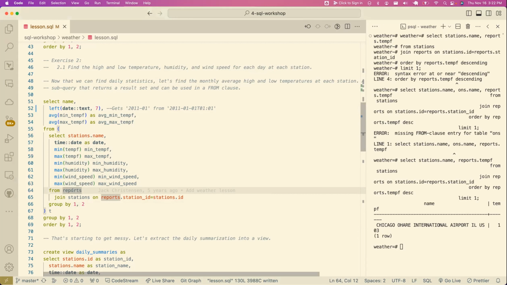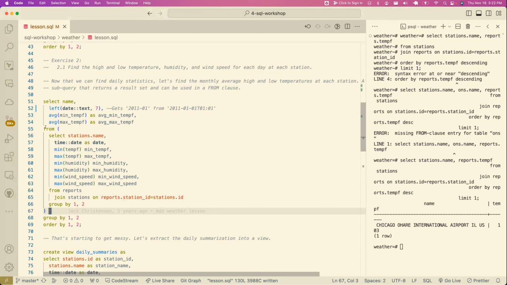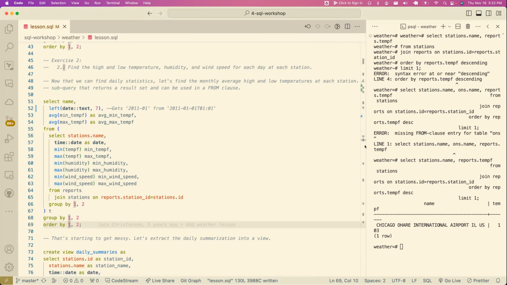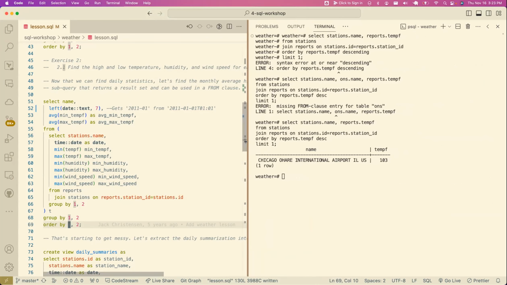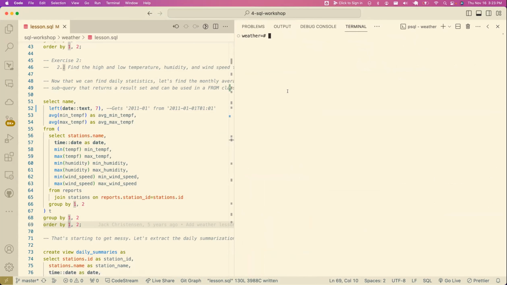And we're doing this from reports, and then we do our join. And here, this, I believe, is an alias, just this little T. So I think once we do this nested query, it needs to be given an alias. And then we again do the grouping and the ordering by what we care about. And let me go ahead and just type this out. And I would recommend that you all type along with this as well. I know I have been doing some copying and pasting, but I kind of believe, and as far as I know, science kind of backs me up that certainly writing by hand, I think typing too helps bring stuff into